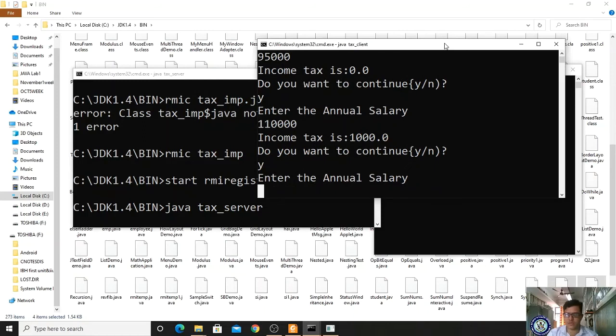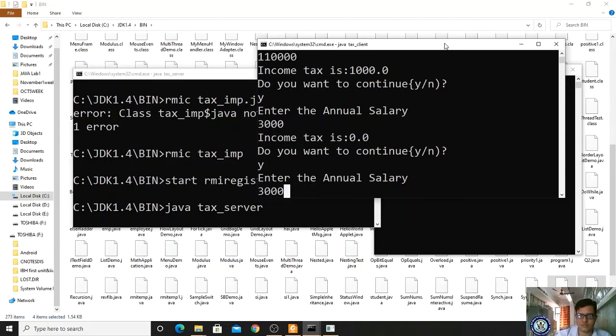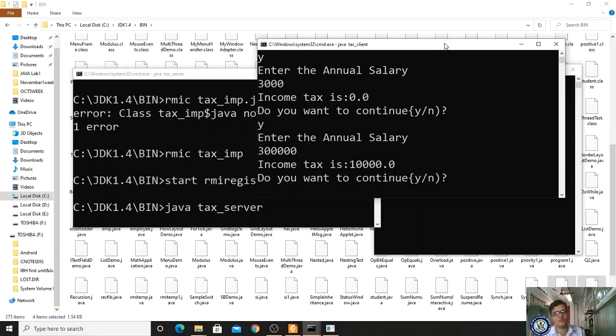Afterwards I am giving my salary as 3 lakhs. Up to 2,50,000 it is 10%, right? If it is more than 2,50,000, automatically it is 50,000.